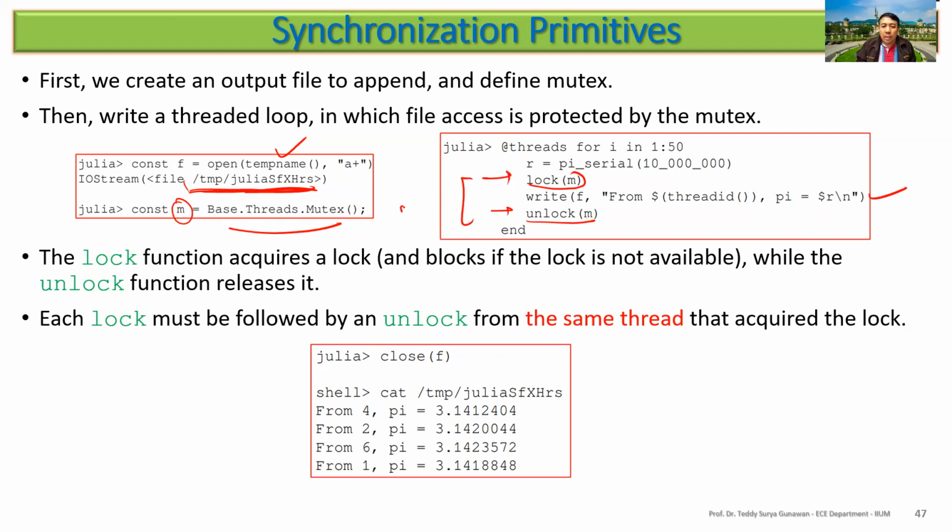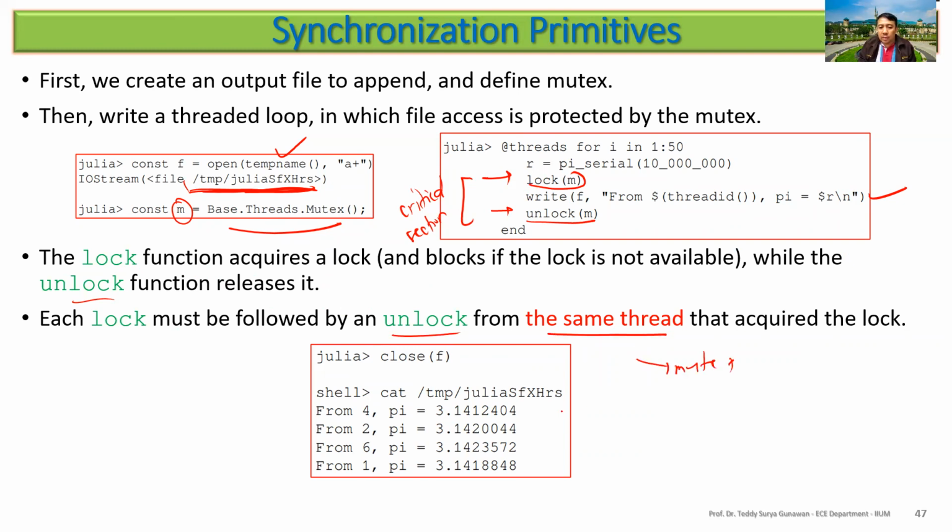So this is the critical section. If unprotected, this becomes serial. The lock will lock and unlock will release the lock. The lock must be followed by an unlock from the same thread that acquired the lock. So this is called a mutex.